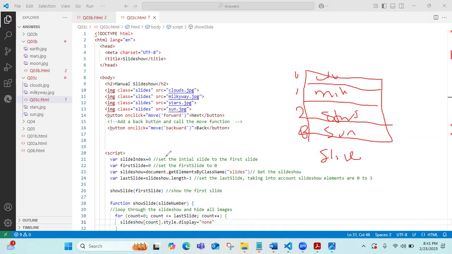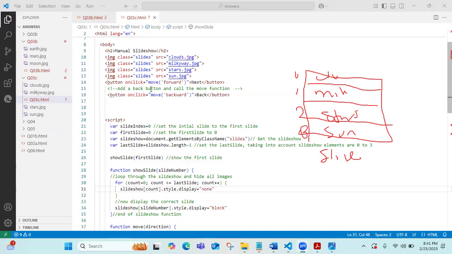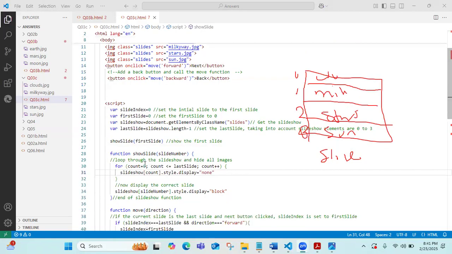So what you do here, in this place, in show slide, is for count is equal to 0, count less than last slide, count plus plus. Last slide is what? 3. Because